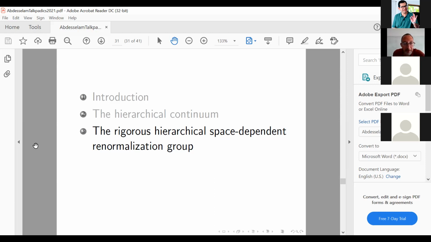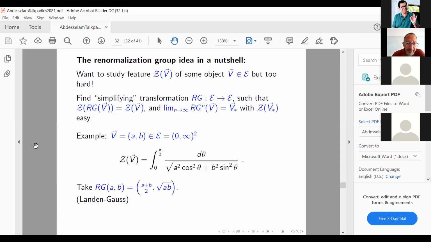Thank you. All right, I'll try to give you an idea of the method. So this is the renormalization group for space-dependent couplings. If you've never seen what the renormalization group is, here is the renormalization group in one slide. In fact, it wasn't invented by Wilson, it was invented by Landen and Gauss. All right, so this is the renormalization group philosophy, so to speak, because you can use it in many contexts